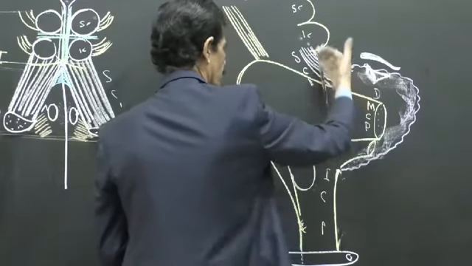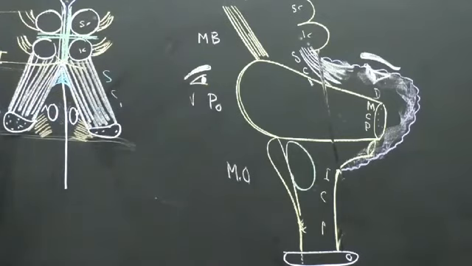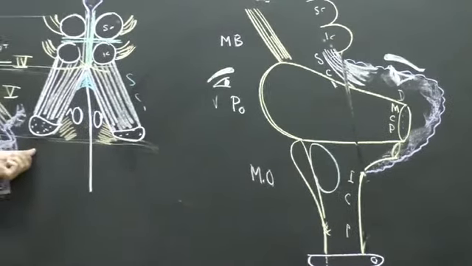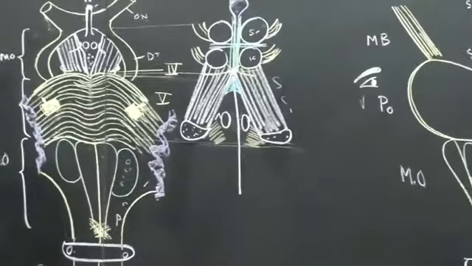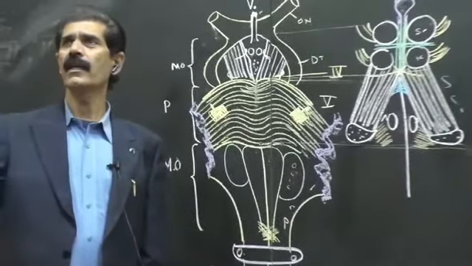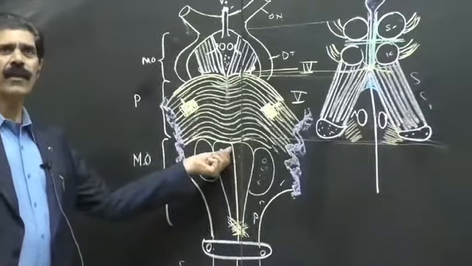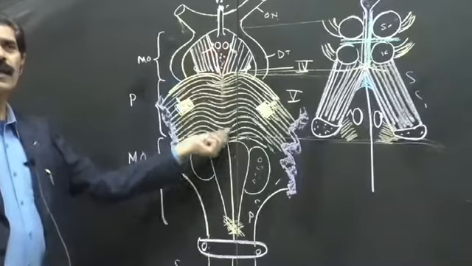Then we see from the dorsal side. This is the view. This is also the floor of the fourth ventricle. So whenever any cranial nerve comes, write a short note on the cranial nerve. The first diagram of the cranial nerve you have to draw is this. Why? Because all 12 cranial nerves are arising from here.